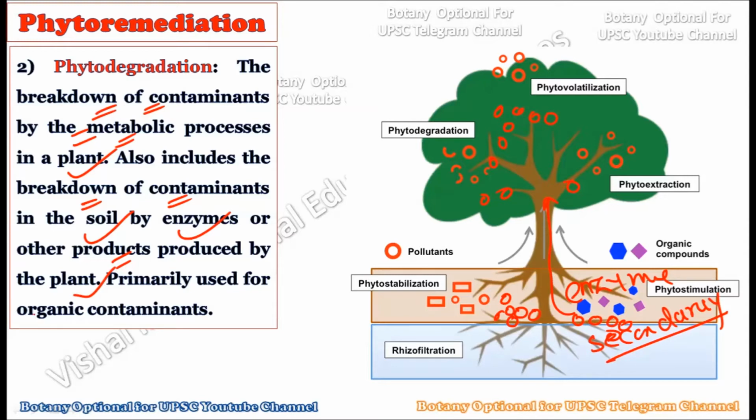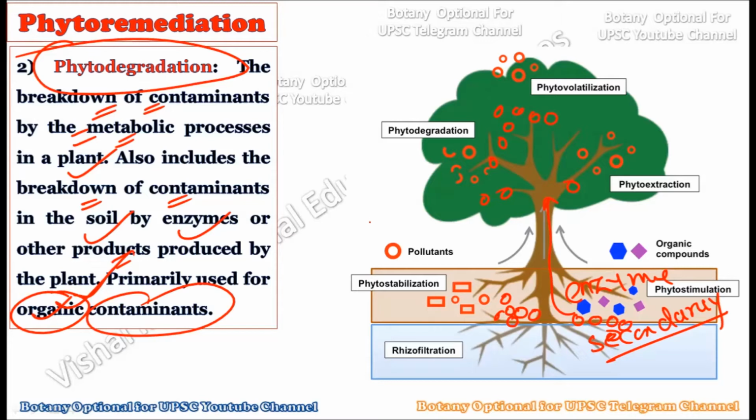It is primarily used for the organic contaminants. If the soil is contaminated by organic contaminants, then and only then we will go for the phytodegradation, because the majority of the organic contaminants are degraded by the plant itself. Hence it becomes very important that we first check which type of pollutant is present within the soil, and according to that we should use the phytoremediation technique. If the polluted soil contains many organic contaminants, then we should go for the phytodegradation,